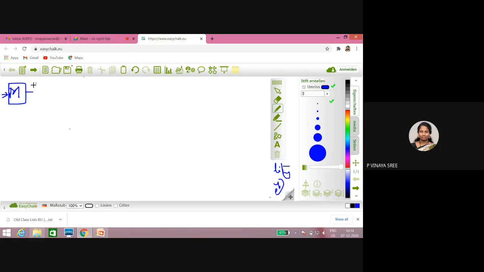This message has to be encrypted with which key, ma'am? This message has to be encrypted with which key for authentication? We have to encrypt with the private key. Private key of sender or receiver? Private key of Alice. Private key of Alice we are encrypting. Okay, this completes your authentication.